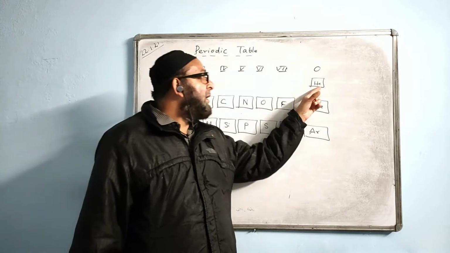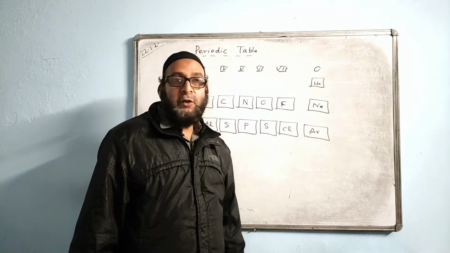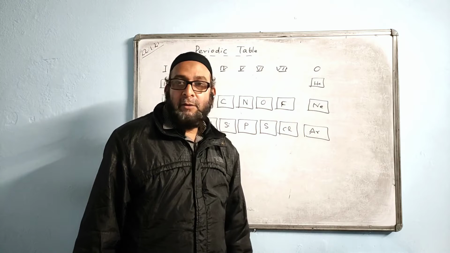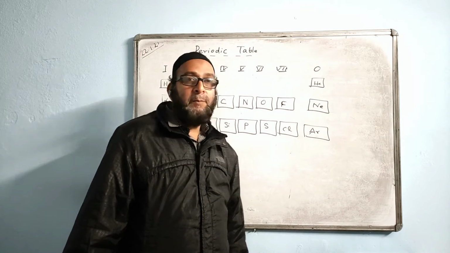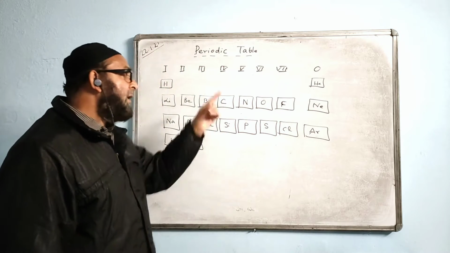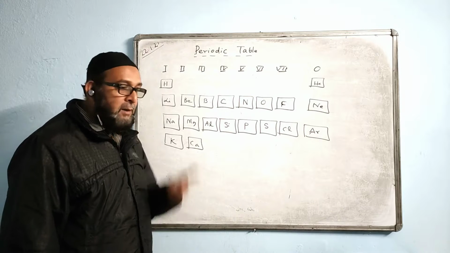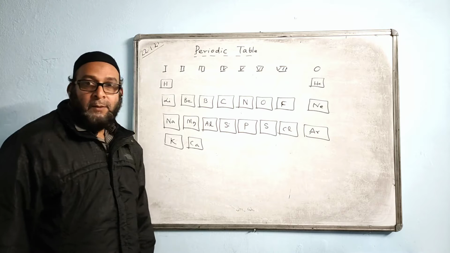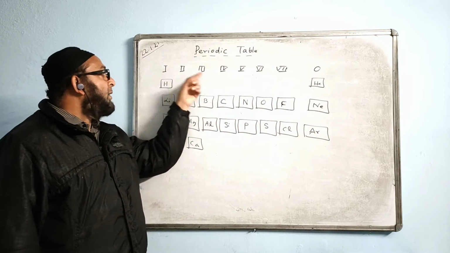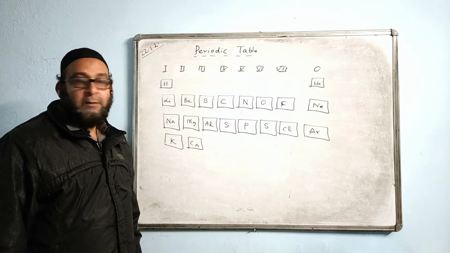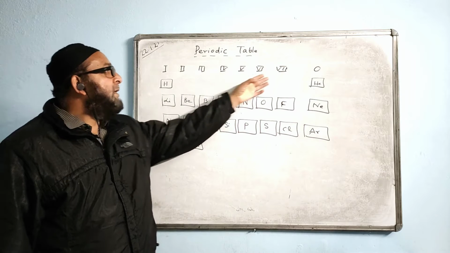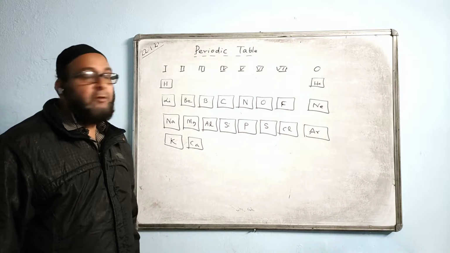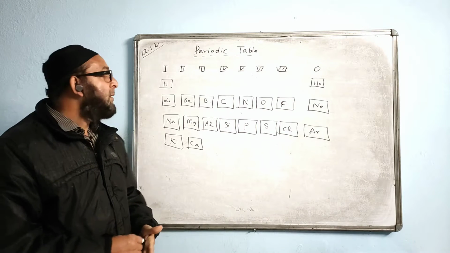They have completed their orbit. Helium is an example of an inert gas with a duplet arrangement. The rest all have an octet arrangement. They have 8 electrons in their last orbit and they are complete. Except helium, which has a duplet arrangement: 2 electrons and the orbit is complete. Groups 1, 2, 3 are the group of metals. Groups 4, 5, 6, 7 are the group of non-metals. And group 0 is the group of inert gases.